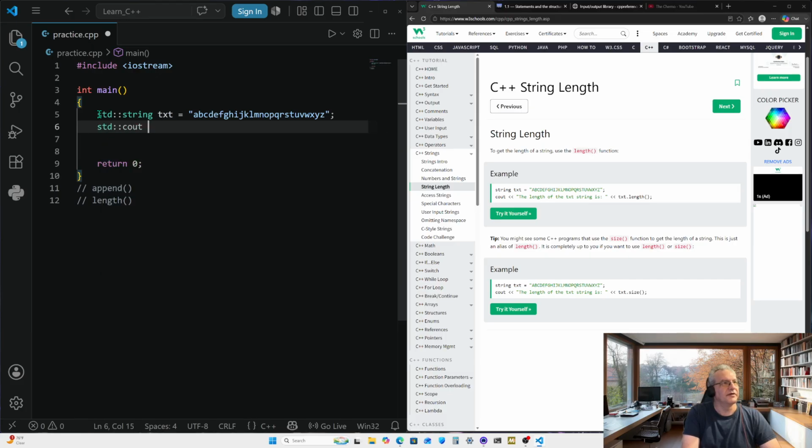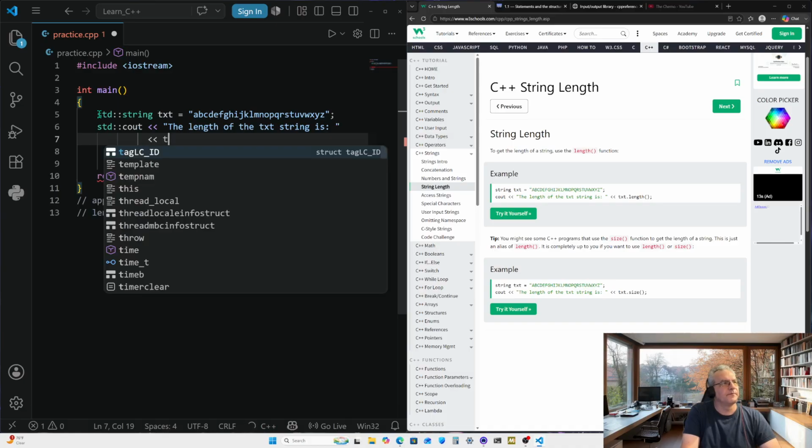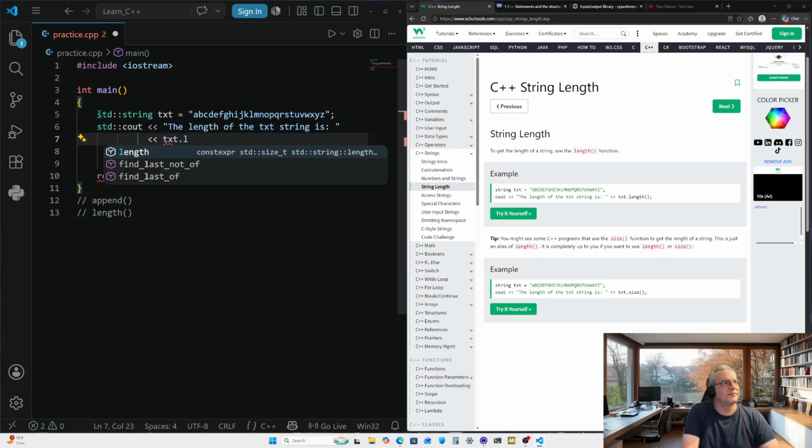Standard out, the length of the text string is. That's why it's red. My bad. txt.length